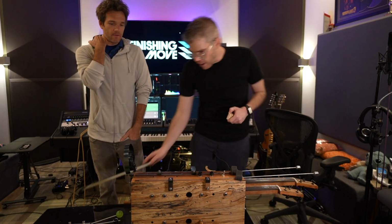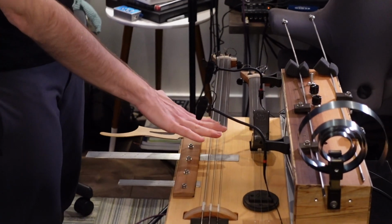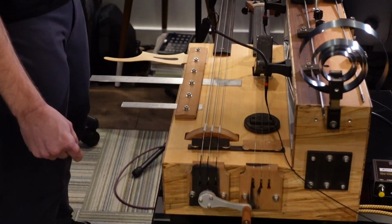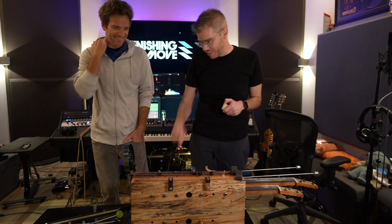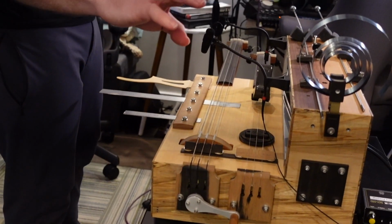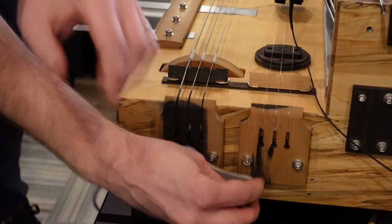And then you've got a 3-string cello, these are cello strings here. And the flat ones, bro? What's the brand? I have no idea. And this is kind of like a hurdy-gurdy, so it just turns this little wheel and we get these cool...